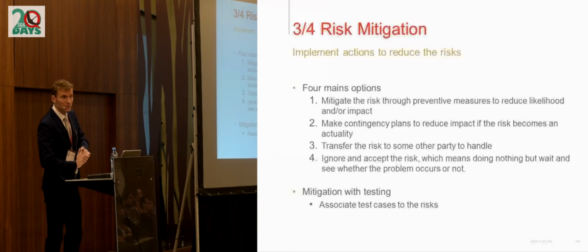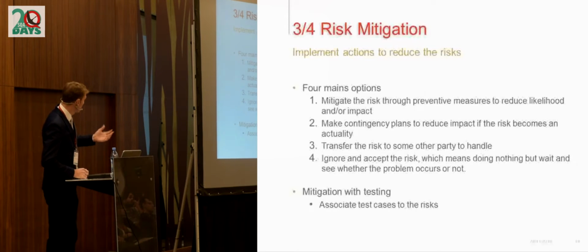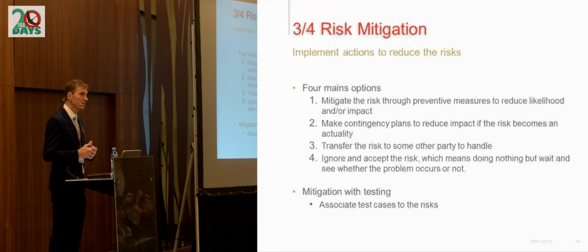And about risk mitigation, so the goal is to control the risk. There are 4 main options to manage that. The first one is to mitigate the risk. It means that we are going to start as soon as possible to implement actions to limit the likelihood of the risk. For example, if you are working with a supplier in charge of developing the component of your application, and you consider that the quality of the software development is a risk, you can mitigate this risk with static code analysis carried out very early in the project on the supplier side.